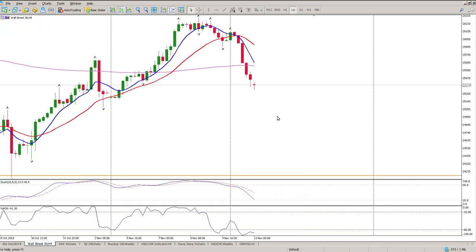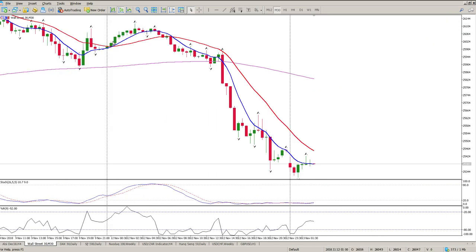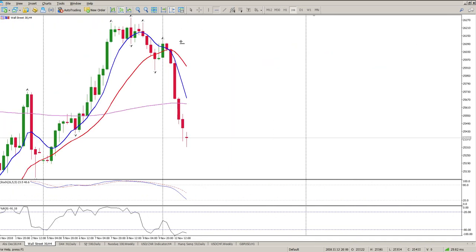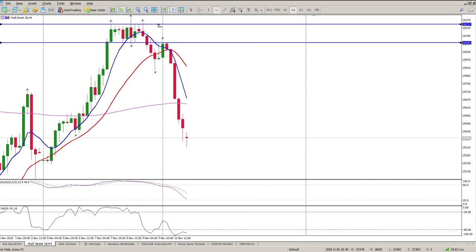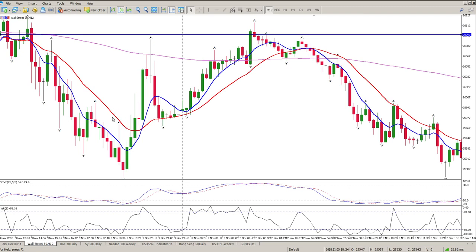So that's kind of what I'm looking for. Concern I do have on the 4 hours is that we've had a crossover of the moving averages, and we're pointing to the downside. And you can see on the half hour now as well, we had a crossover. The entry that we did have yesterday, as I said in the video, was pretty much the retest of this breakout here. You see we had the breakout, there's the retest, and if you come down to a lower time frame, which is what we were watching while I was doing the video yesterday,